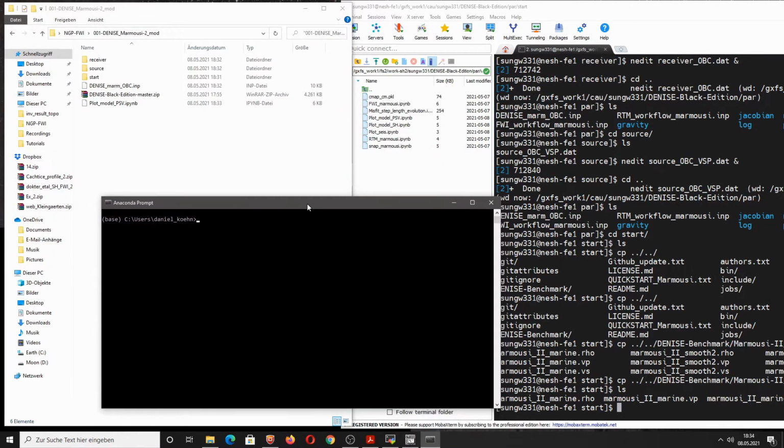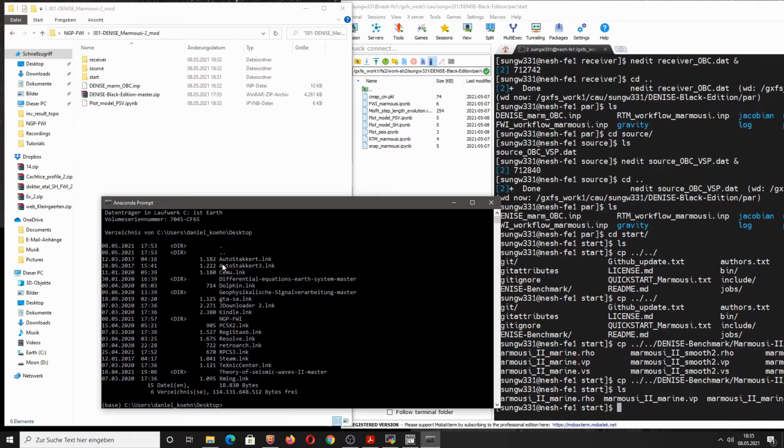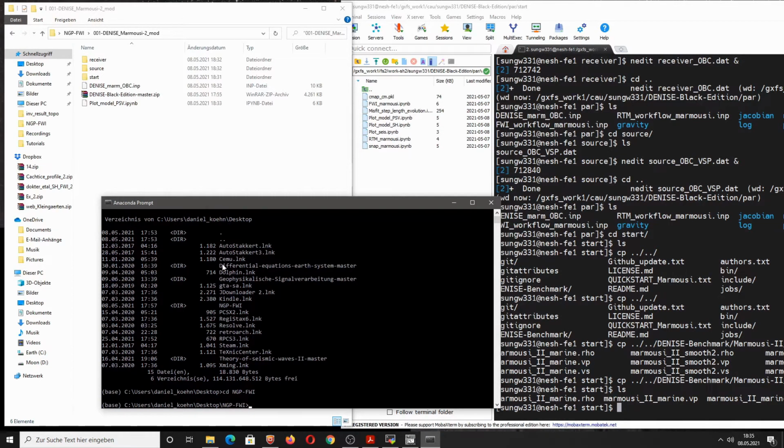But actually it should pop up if you're using this Anaconda distribution. Okay, so then you are here in the command window and can go into the folder where you have stored all your stuff here. In this case I'm on my desktop. Okay, and then I go to the folder, how is it called? NGP for waveform inversion.